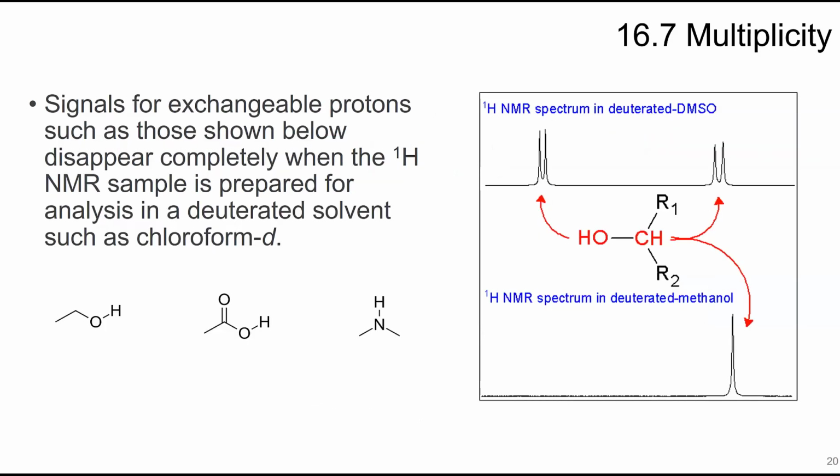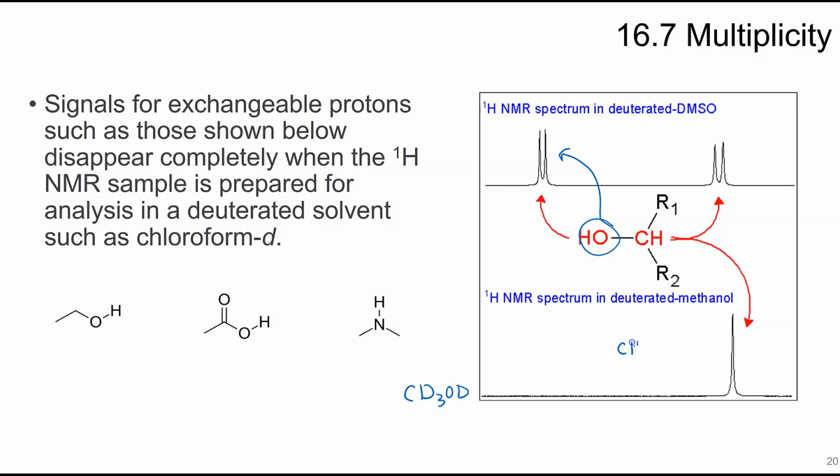For signals for exchangeable protons, such as those below, they will disappear completely. If you have a sample with an alcohol, carboxylic acid, or an NH, those peaks will just go away if you add some acid or a solvent that will exchange the proton. So this is where the OH peak is here, and for some reason it's split, which doesn't always happen. But if you put it in deuterated methanol, CD3OD,